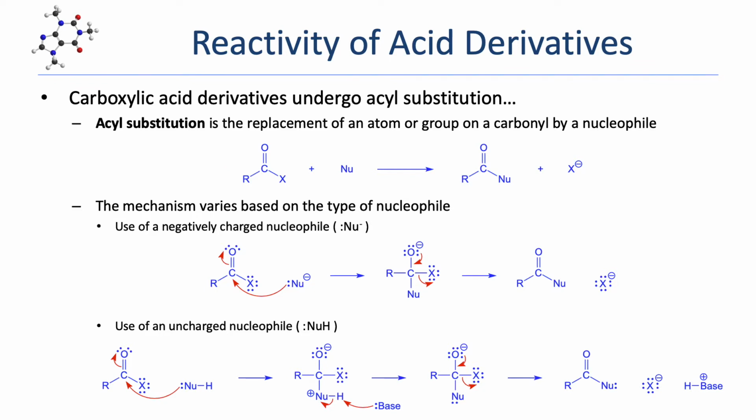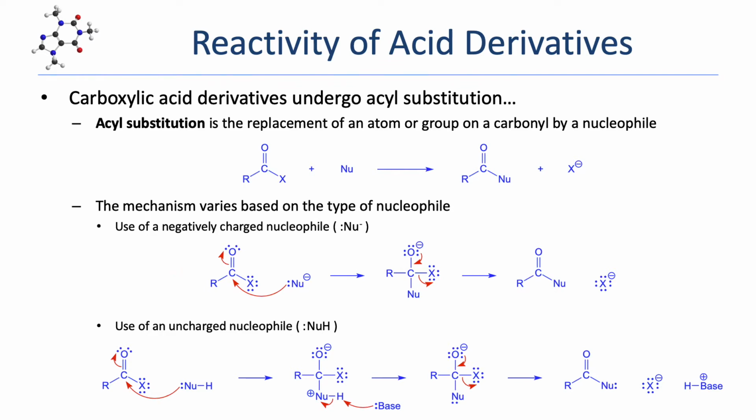The mechanism of acyl substitution varies based on the type of nucleophile used. Acyl substitution with a negative nucleophile proceeds through a simple two-step mechanism. In the first step, the nucleophile attacks the electrophilic carbonyl carbon, breaking the carbon-oxygen pi bond to form an alkoxide. In the second step, the pi bond is reformed, forcing the expulsion of the leaving group to give the final